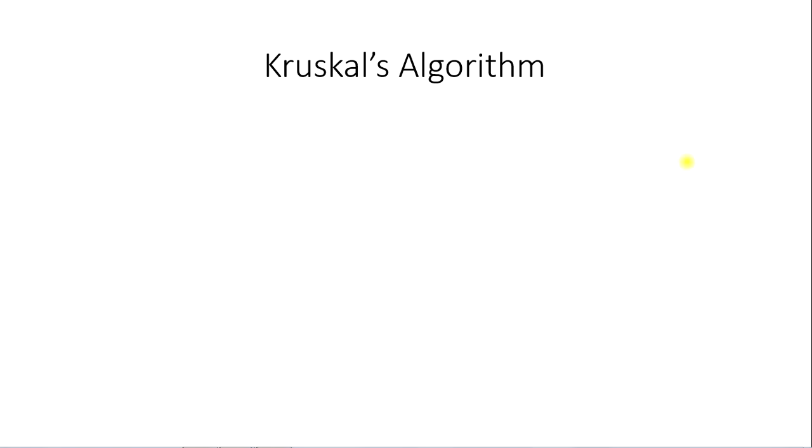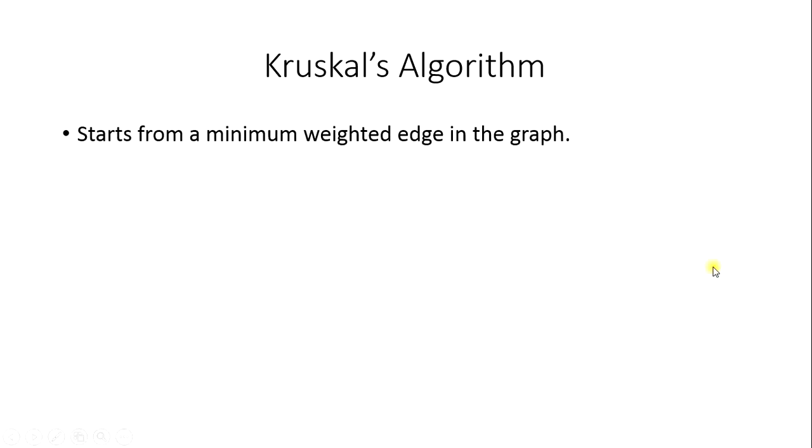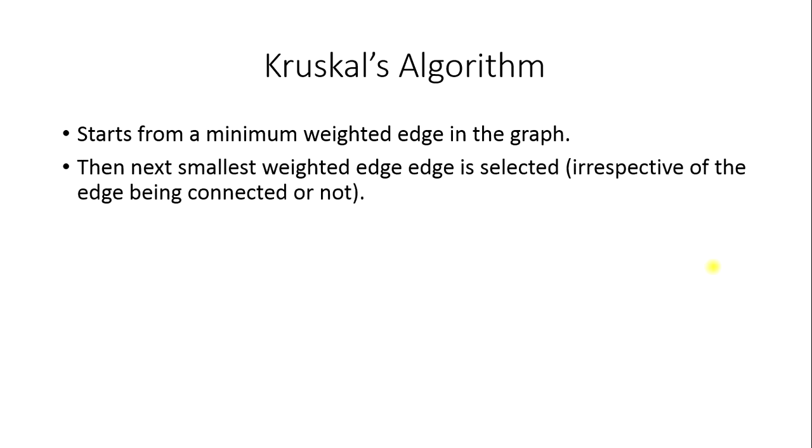Kruskal's algorithm is one of the algorithms for calculating minimum spanning trees. So, what is the basic crux, the basic idea? Let's just look at the salient features. Kruskal's algorithm starts by looking at the entire graph and selects the edge that has the minimum value. It then selects the next smallest edge and keeps on doing that, which means that Kruskal's algorithm